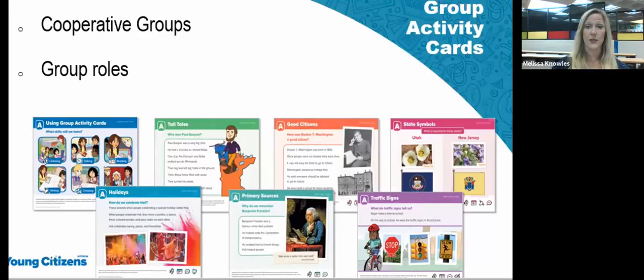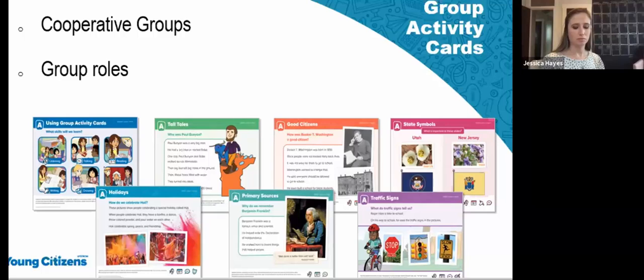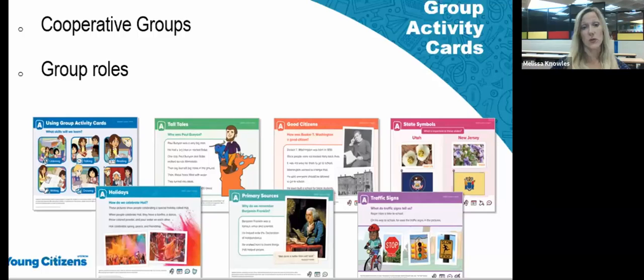And they give students reading, primary source activities, just all kinds of different types of activities to work through. Maybe they're drawing, but they also are a great tool to use grouping. And then they include group roles. Some of the group roles that students have access to in using the cards are the reader, writer, a drawing